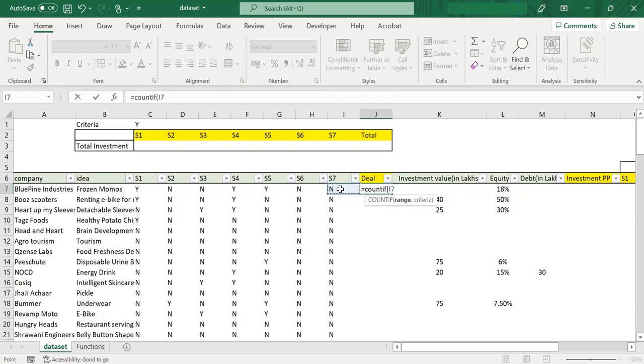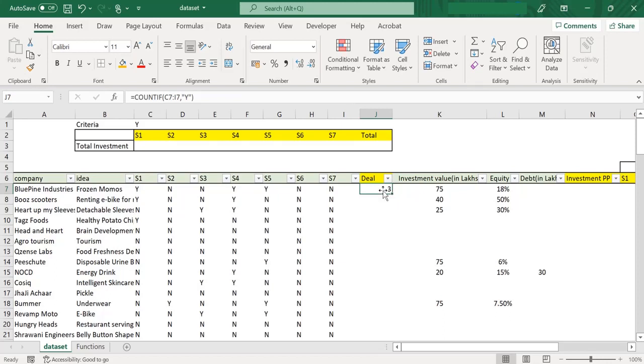The range in this case is C7 to I7. Then the second part is the criteria. In our case, the criteria is Y. So in double quotations, I'll write Y, then close the bracket and press enter. Now we can see that this function has given us the count of investors who have invested in this particular company.